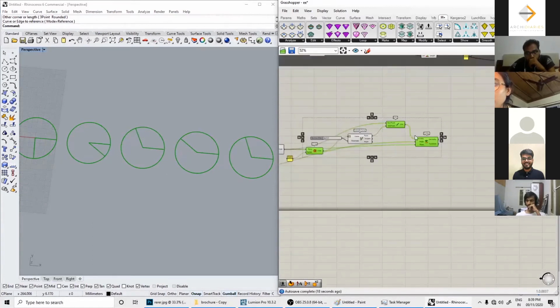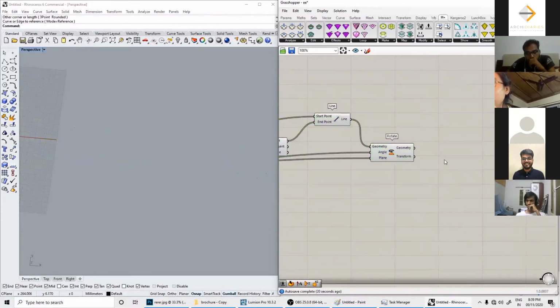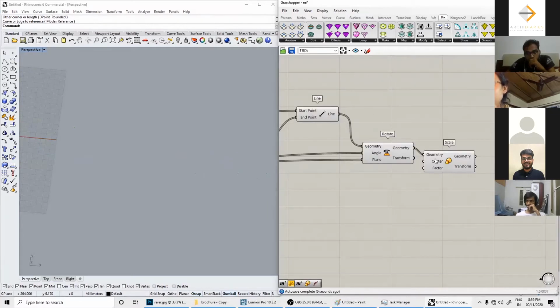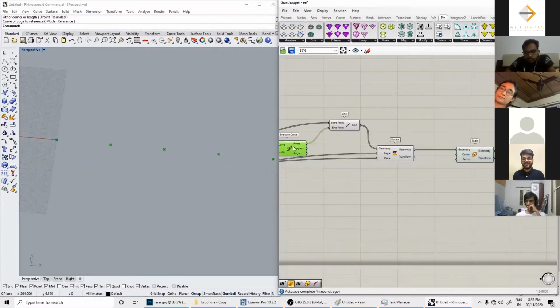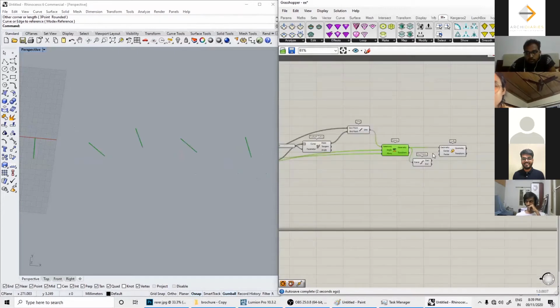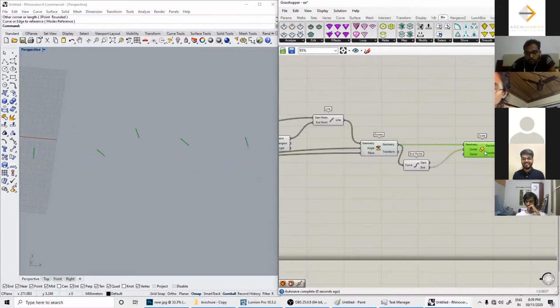Now what I'm going to do is scale this geometry. What am I going to use as my endpoint? This is the endpoint. So I'm going to find the endpoints of these lines that I have rotated, and scale them along this center with a factor of 0.5.